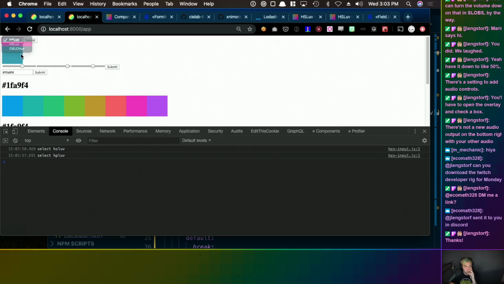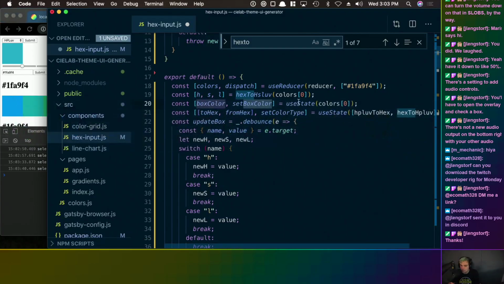And then if we change this to HS love, you get a much more vibrant color. Whereas if this goes back to HP love, and then I change it slightly, the green gets very much, I think that's right. Can't tell. So in any case,